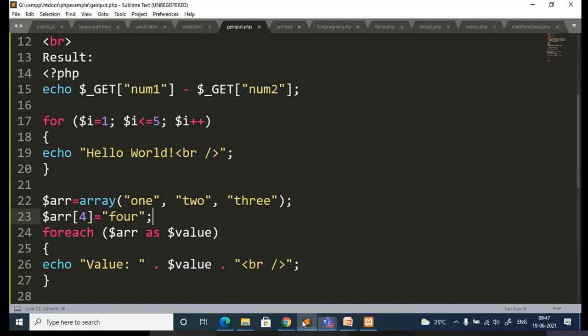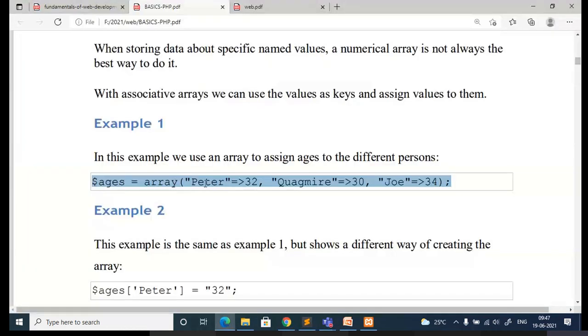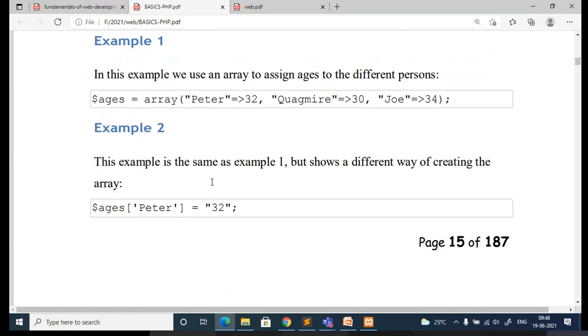You specify the key within double quotes, then the equals-greater-than symbol, then 32. Similarly for the second and third elements. This is the key and this is the value. When you want to access, you specify the key and you will be able to access the value easily.